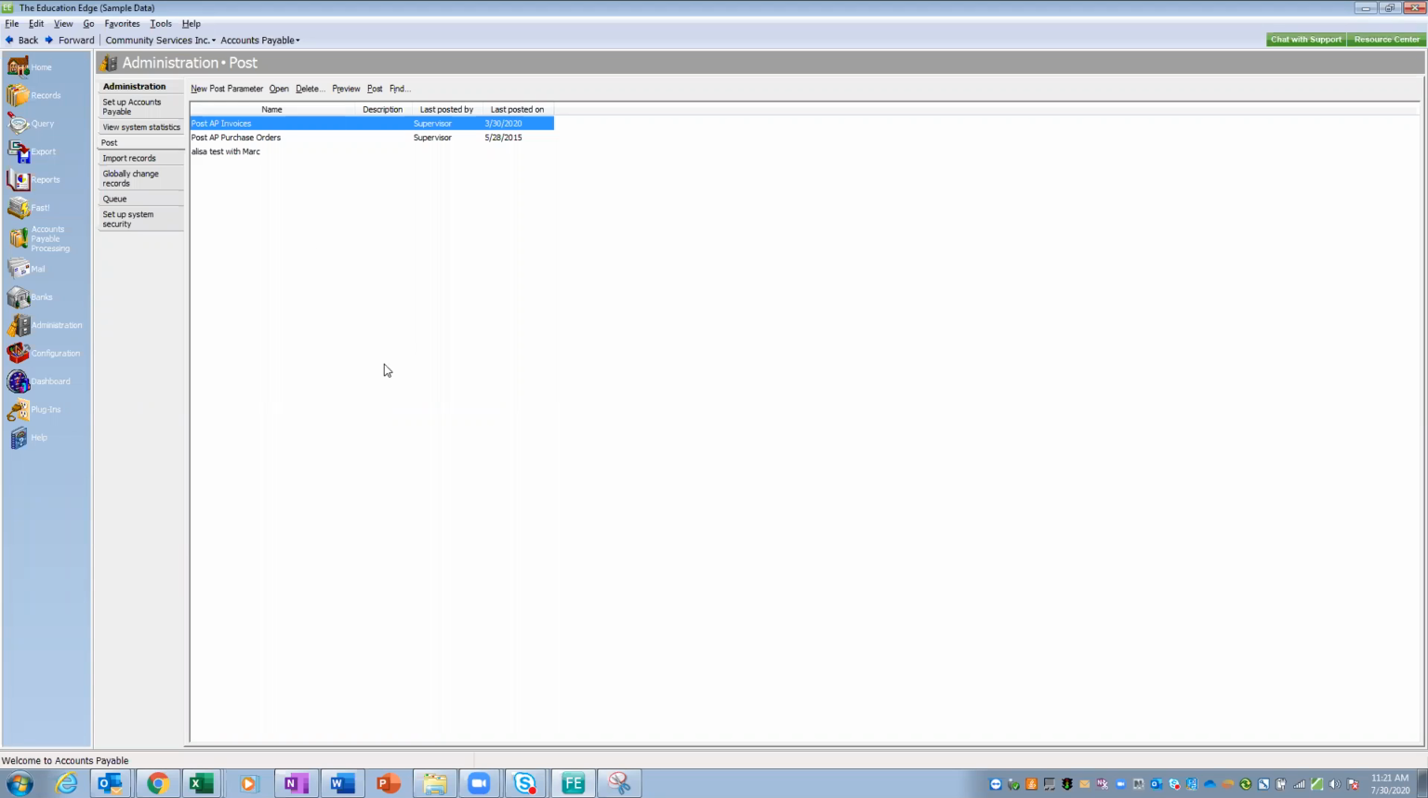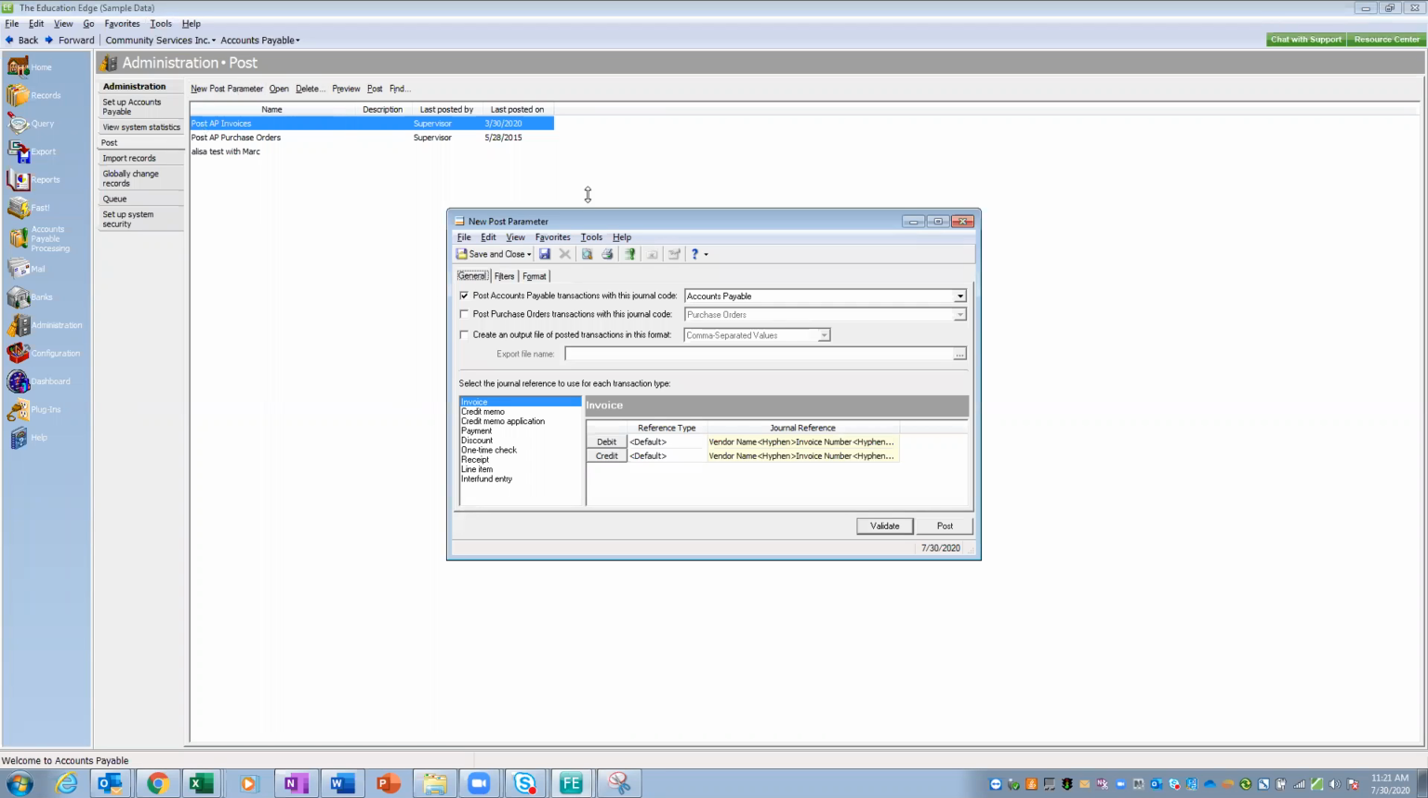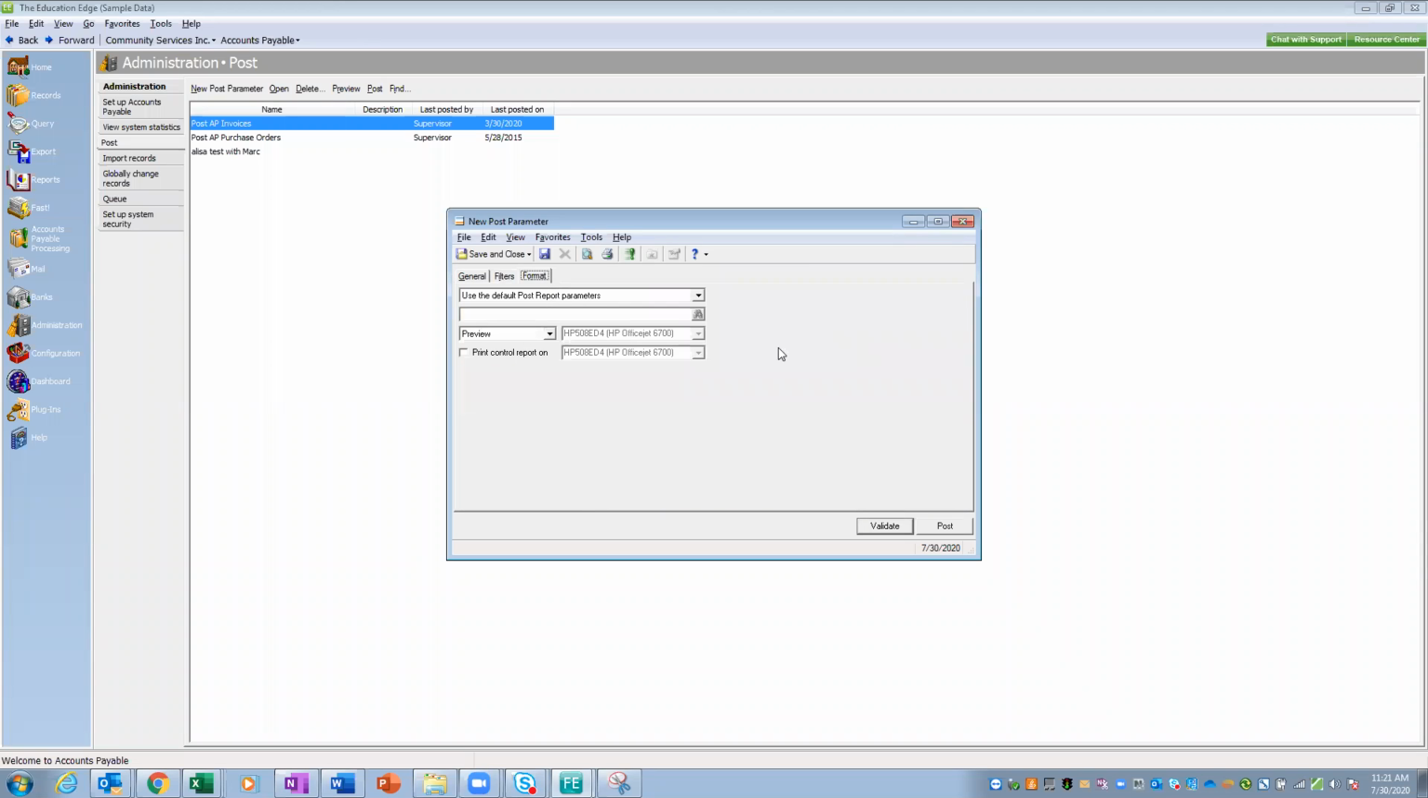Don't worry about it. Come up here, do a new post parameter. It doesn't hurt anything. Don't put any dates. Don't put any filters. Don't do anything to it, although make sure that on your last tab it's preview, because if you've worked with me before, you know I've sent this to the printer too many times. And validate. This is going to give you a list of anything at all that is sitting in your subledger